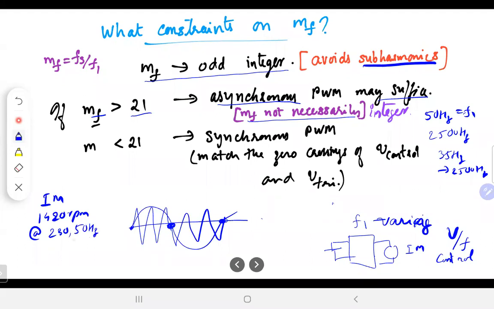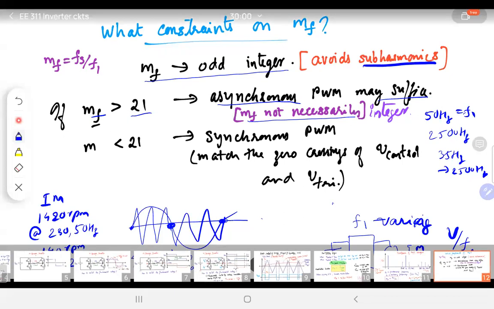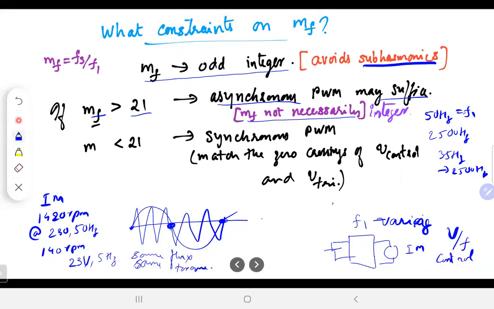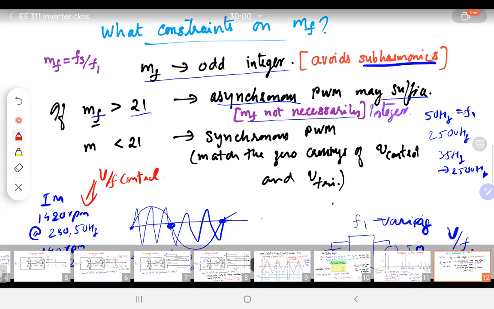Now, if I want to operate this at 140 rpm, then I would apply 23 volt and 5 hertz, and that will give me the same flux and same torque. Otherwise, you might have lesser torque available to you. So this is what we call V by F control. This is the essence of V by F control, and it becomes a prominent issue if you have a V by F controlled